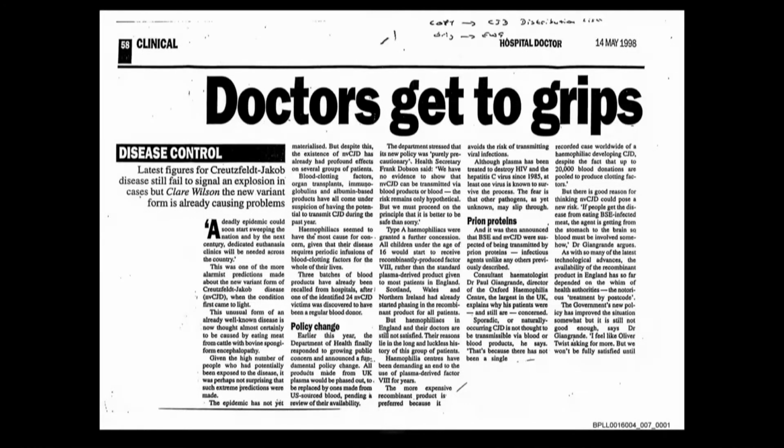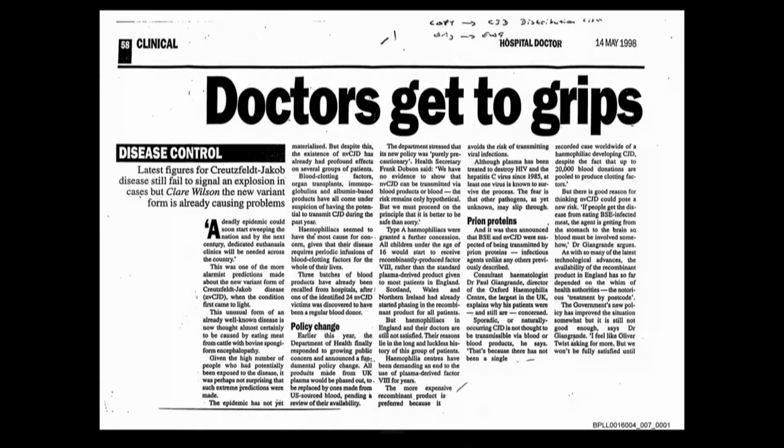If we look in the middle column, we can see that children under the age of 16 are going to start to receive recombinant. And then it says in Scotland, Wales and Northern Ireland had already started phasing in recombinant product for all patients. And then there are some comments from you in the two columns towards the right of the page, picking it up towards the bottom of the article in the bottom right-hand corner. The article says, "The government's new policy has improved the situation somewhat, but it's still not good enough," says Dr. Giangrande. "I feel like Oliver Twist asking for more, but we won't be fully satisfied until,"